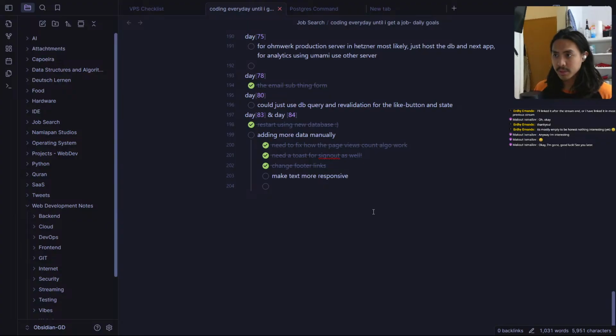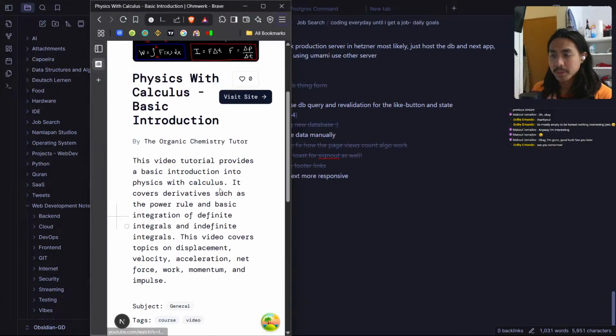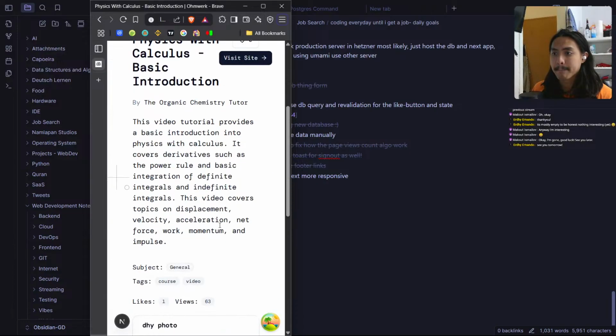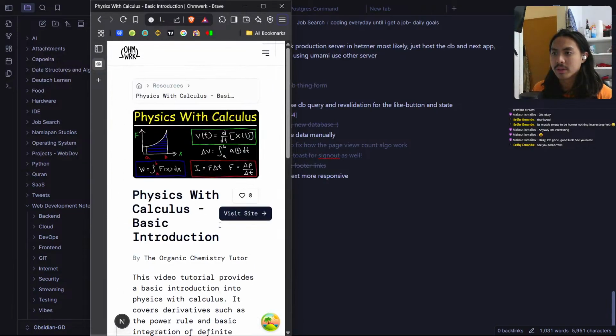Okay, let's make the text box responsive. Okay, there we go. Okay. So I think we need to make